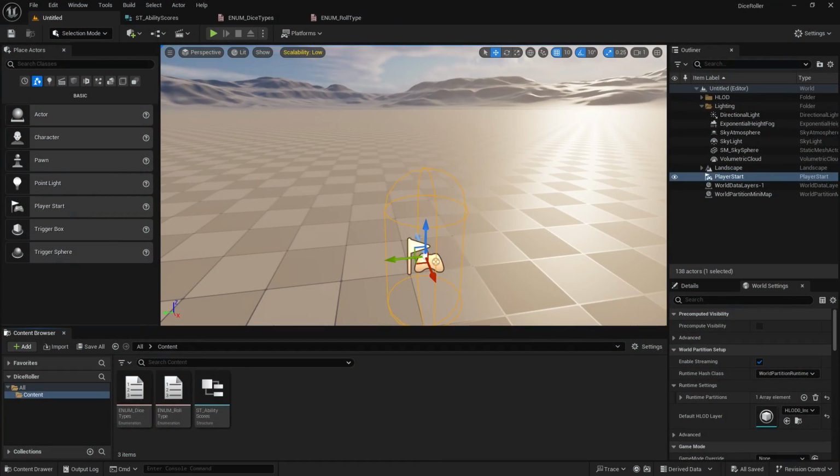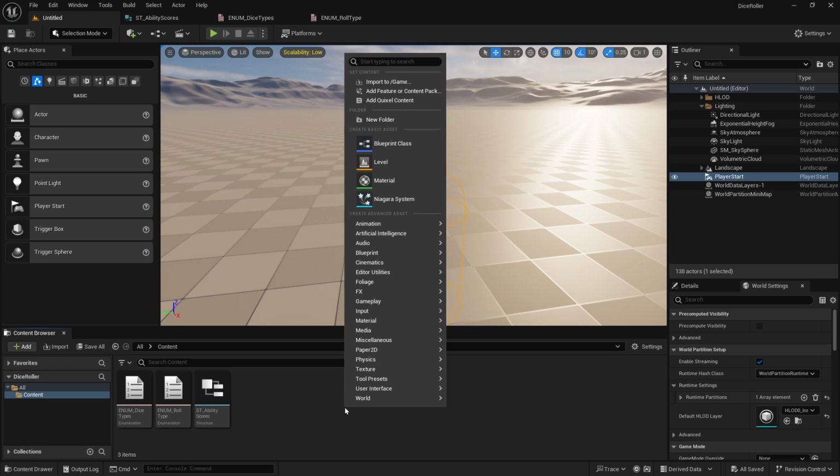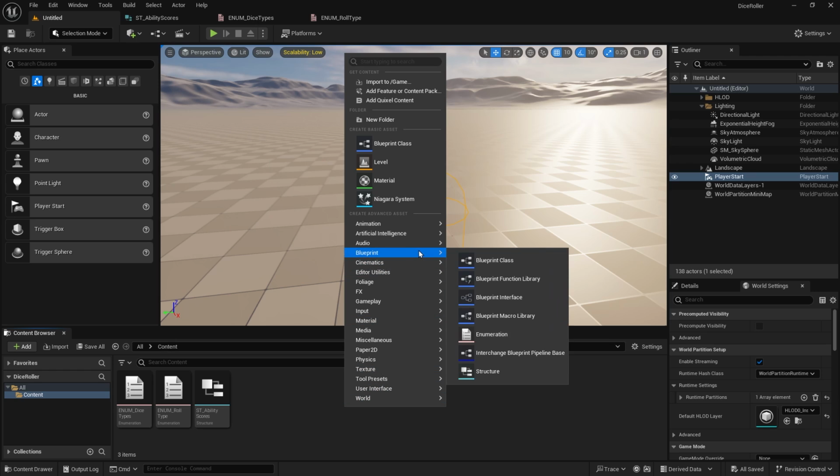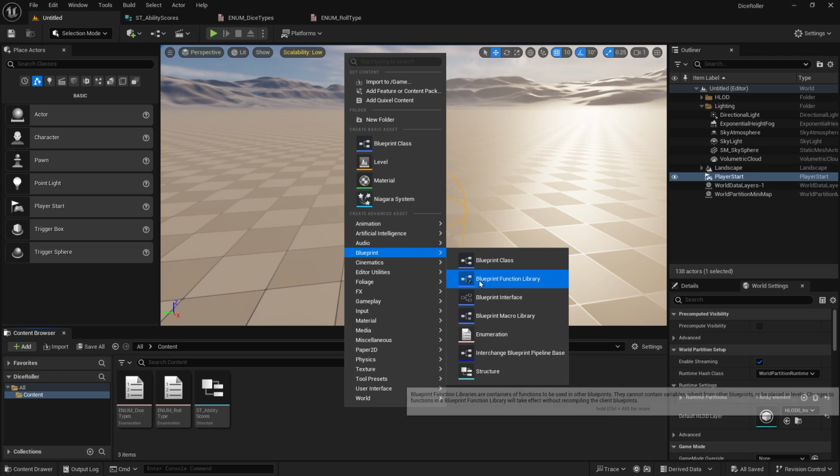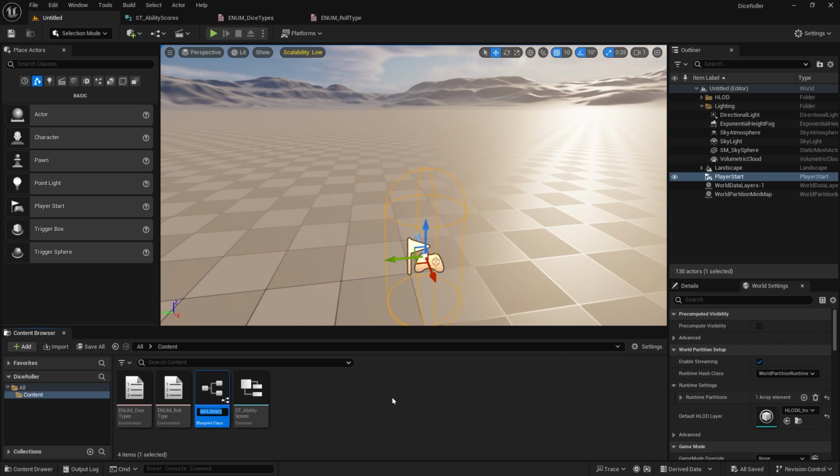Okay, so let's set up our Blueprint function library. So first thing we're going to do here is right click in the content browser, go up to Blueprint, and here you'll find Blueprint function library. And the prefix I give to these is BFL underscore, and we're going to have dice roll functions. And if we open that up now,